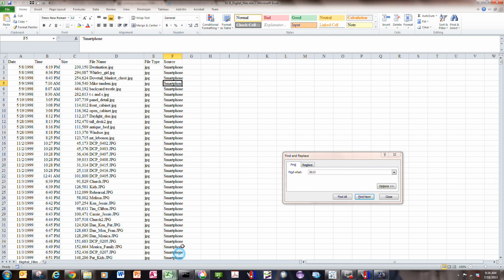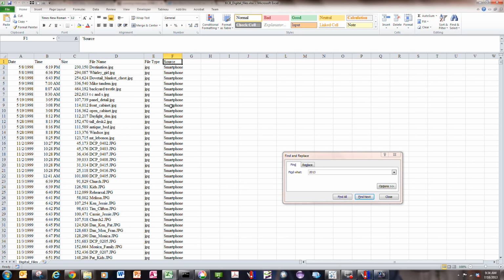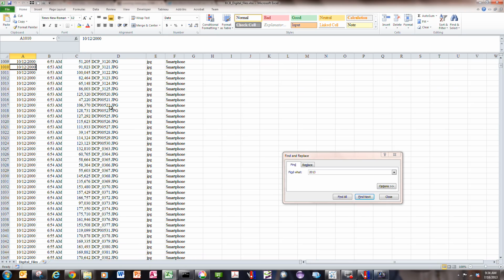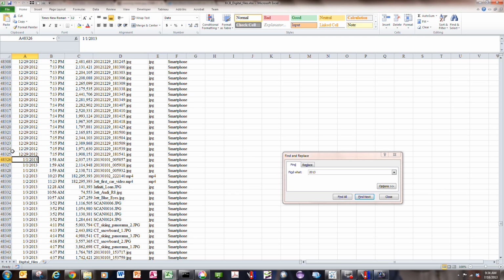I guess what we'll do is take a look at the database itself, and you can see here it's a pretty simple database: date, time, size of the file, file name, file type, and source, whether it's come from my smartphone or from a digital video camera. It's sorted by date from 1998 up to currently where we are in 2013. And if I look at where that is in 2013, by the time we get to 2013, there's over 48,000